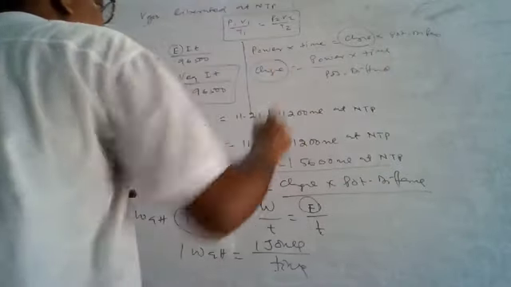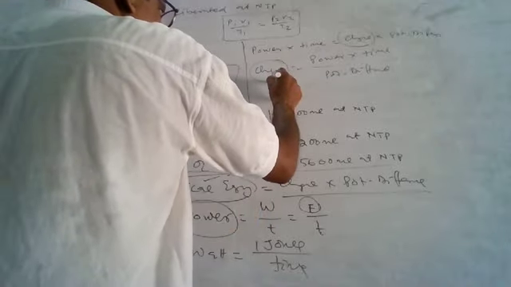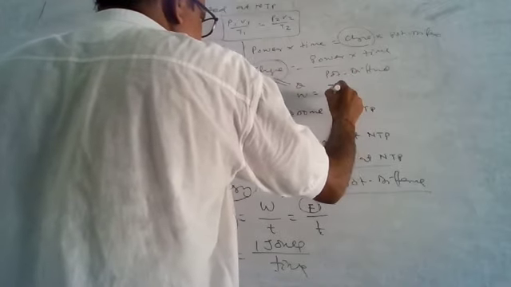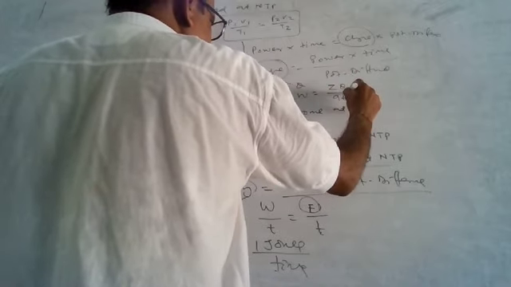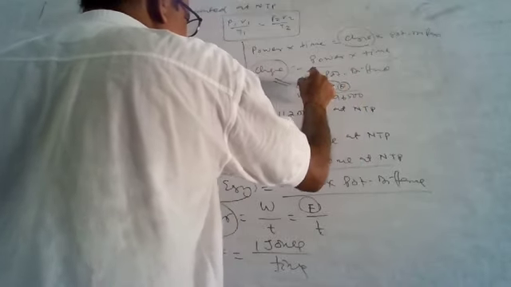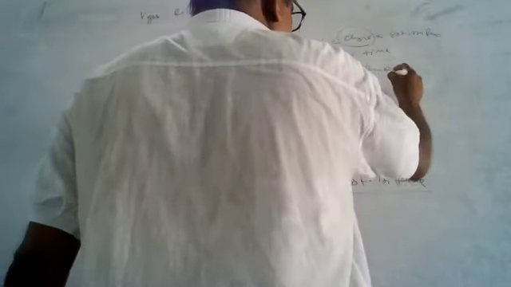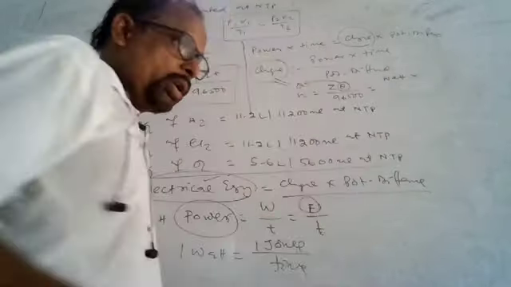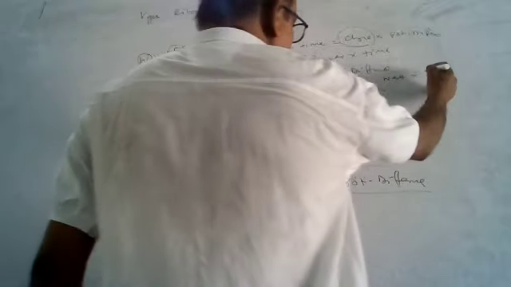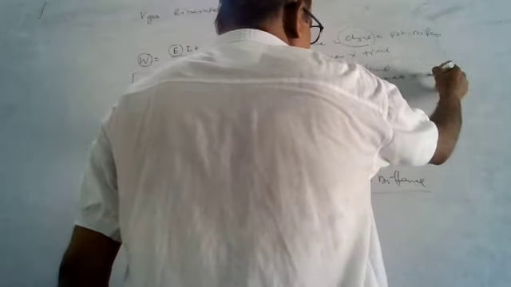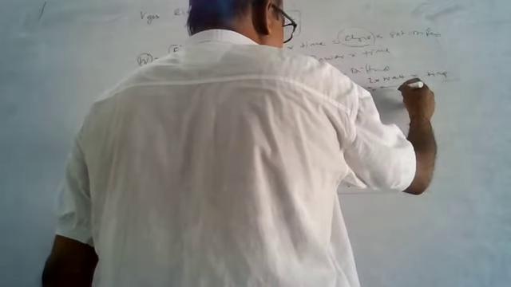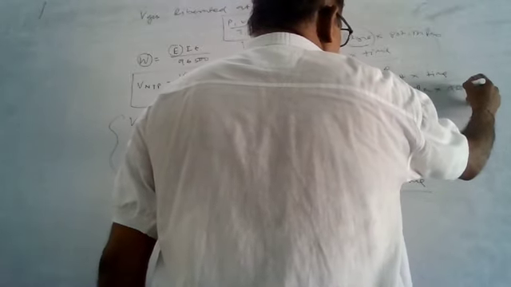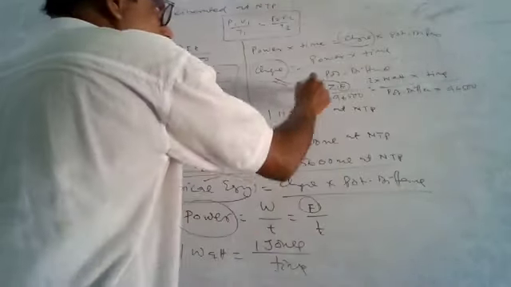Once you calculate the charge, that is the Q, and W is equal to ZQ, or E Q by 96500. In place of Q, you can put it here, so the W can be calculated. That means the power, that is how many watts the bulb is running at, watt into time in seconds, divided by the potential difference, which I cannot write as V because it will be confusing here, then by 96500. So that way the W can be calculated.